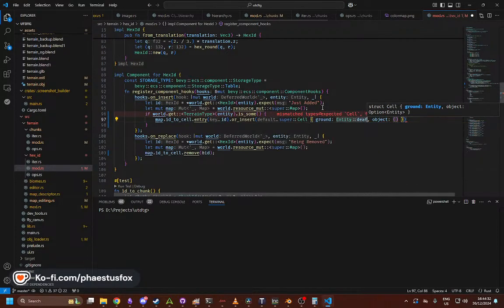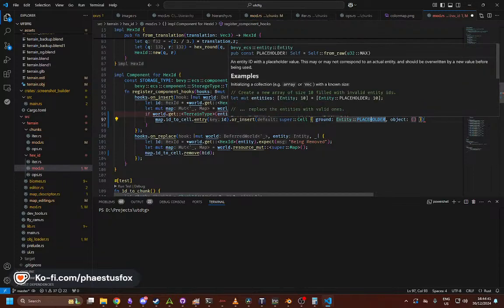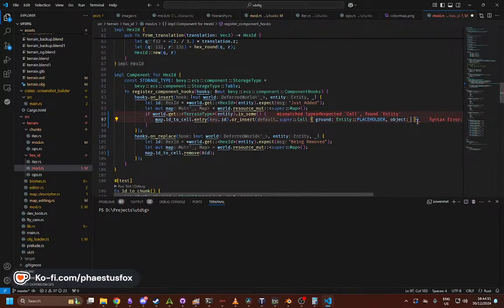Does entity have a default? Apparently not. Placeholder? An ID with a placeholder. This may or may not should be overwritten before being used. Okay, cool. That's cool. And then this is just none. Right. So we do that, and then we say